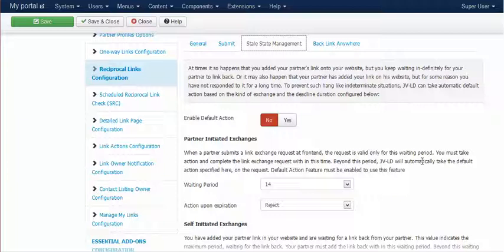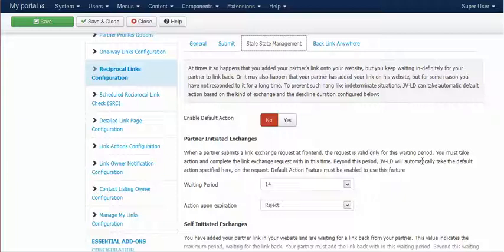Now, there may not be a proper communication in place where you or your partner may not communicate that particular activity, due to which essentially the link exchange comes down to a single one-way link, which is more beneficial to the guy to whom the link is pointing. Now, this is not going to be a good sense of reciprocal link exchange.